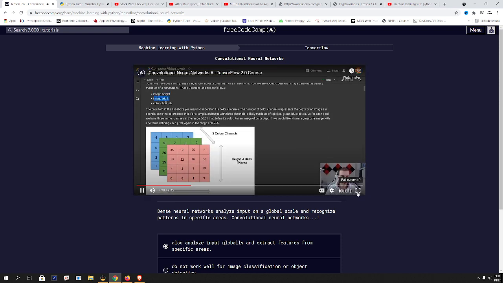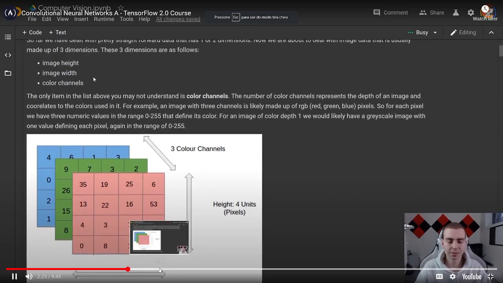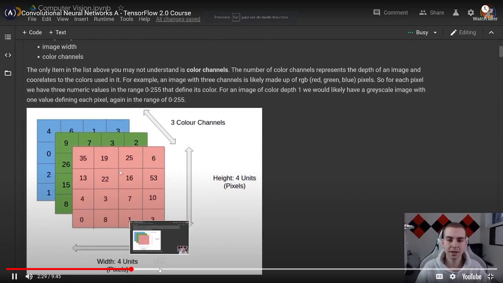Well, there we have a height and we have a width, and then we have something called color channels. Now, it's very important to understand this because we're going to see this a lot as we get into convolutional networks, that the same image is really represented by three specific layers, right? We have the first layer, and we would get